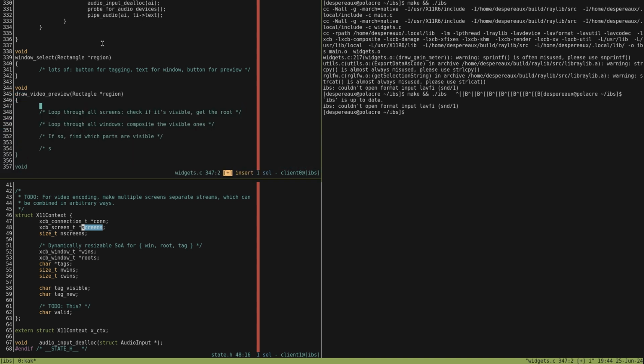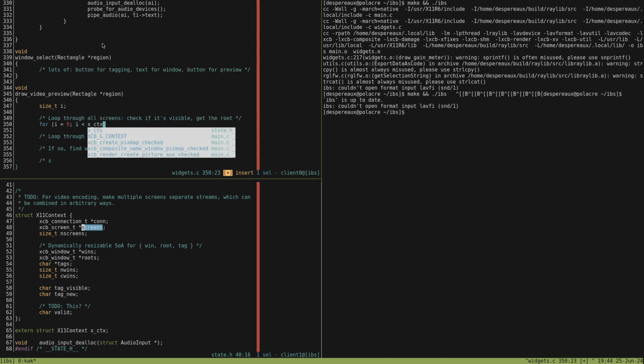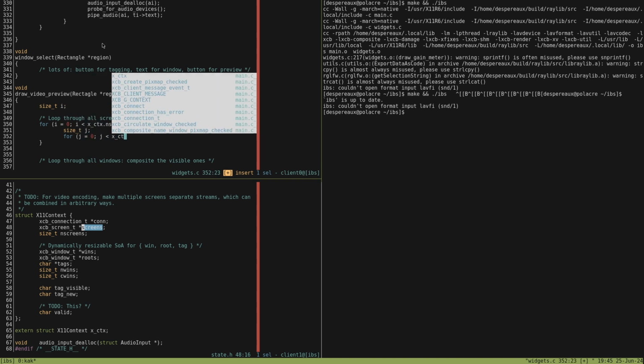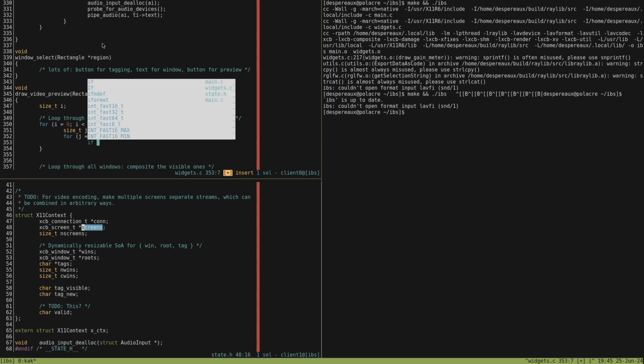So we're gonna go size ti, for i equals 0, i is less than x context screens, i plus plus. If, we'll probably need a size tj. And we'll say for j equals 0, j is less than x context windows, j plus plus. If